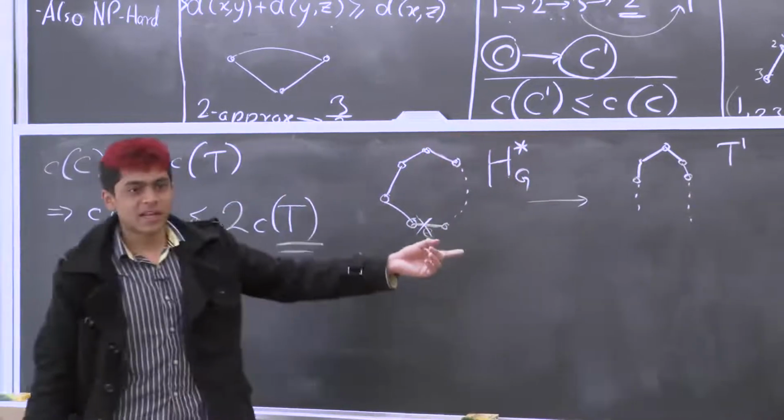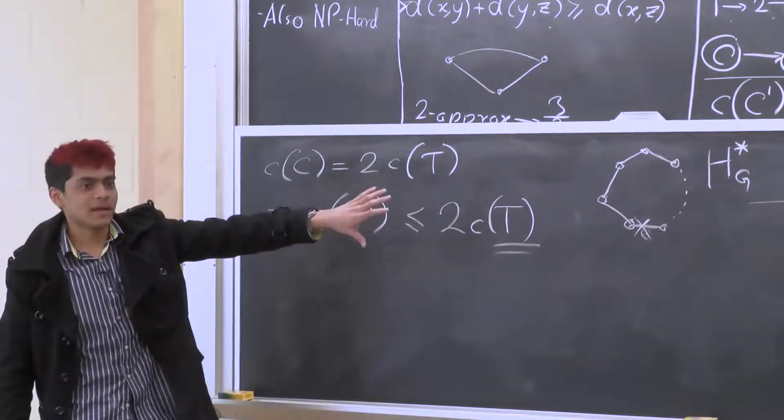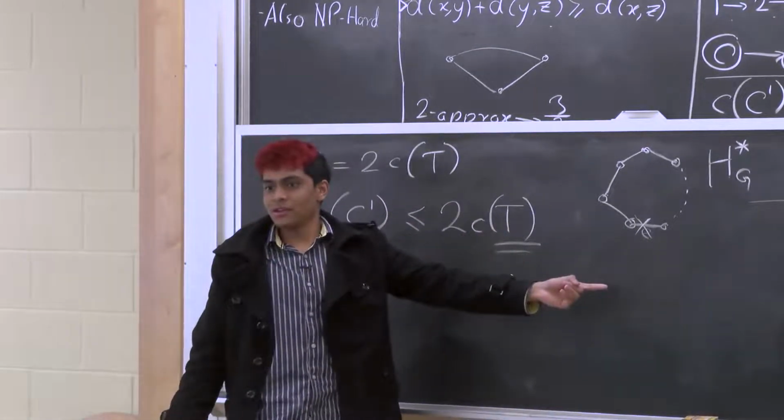Does that make sense why that is a spanning tree? Because you had a cycle and you remove one edge. So it touches all the vertices and it's a tree. So it's a spanning tree, but it's not the minimum spanning tree. So you know that